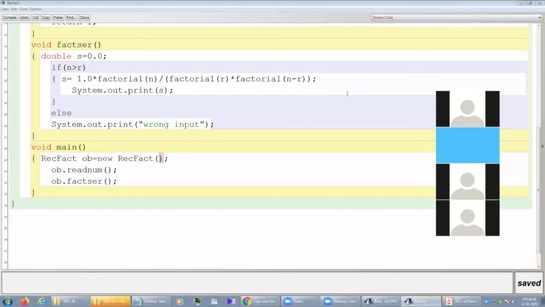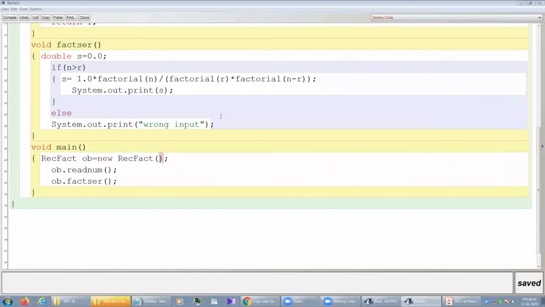Otherwise, we'll move on to the next program. Okay, I think there is no doubt about this program. So let's move on to the next one.